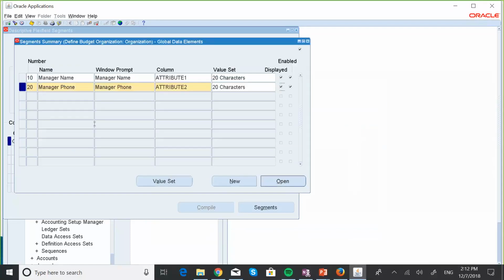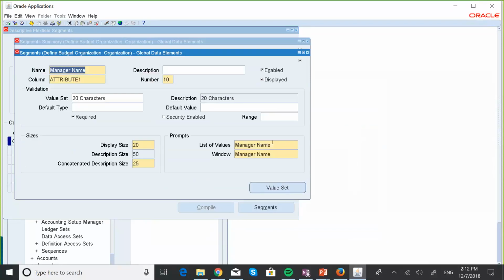There's something more we need to do here. Click on open. This is that particular segment, and under this validation